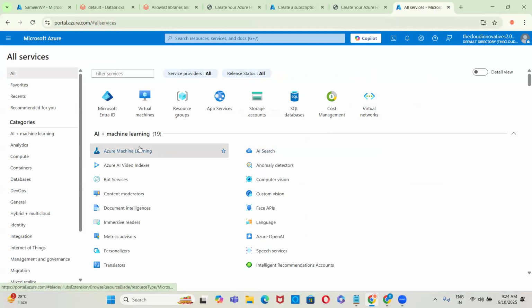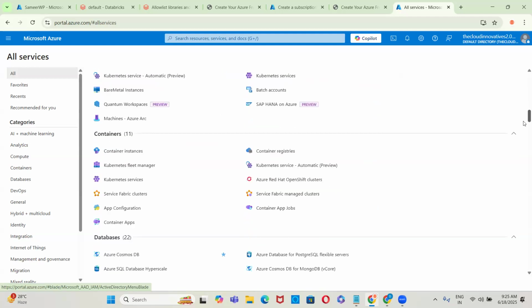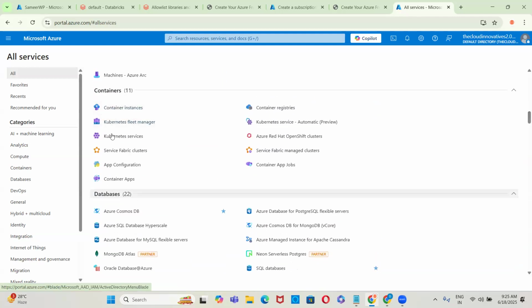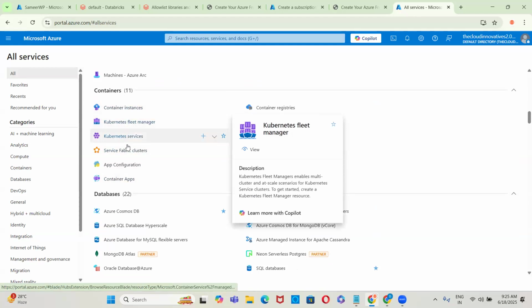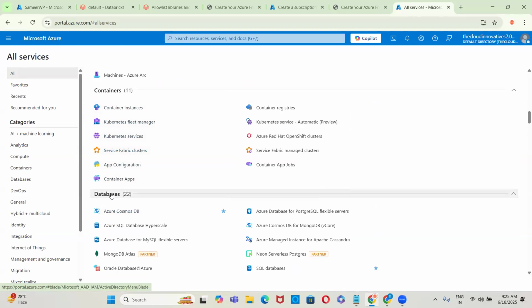You see here, these are all the AI plus machine learning services, 19. Then containers. Containers are also one of the storages. So you have 11 storages here: container storages, container instances, Kubernetes fleet manager, Kubernetes services. And then the databases, 22 databases. So 11 plus 22, almost 33 storages you have here, guys.